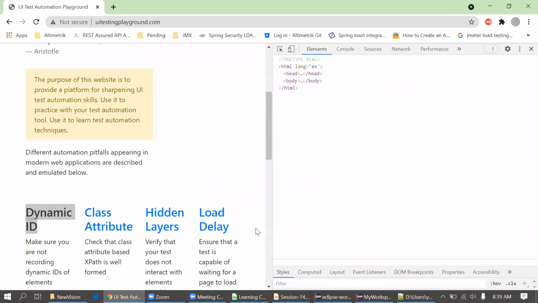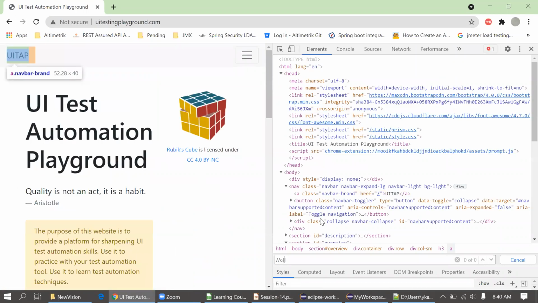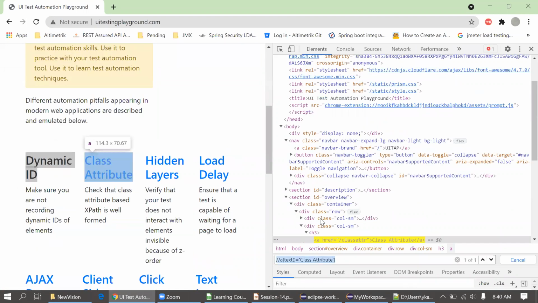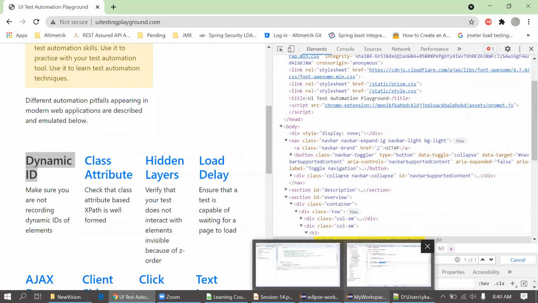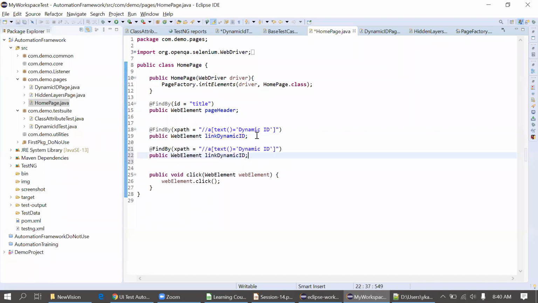Inspect. So this is a locator for the class attribute link. I'm going to the Eclipse. I will just simply copy this, paste it here.